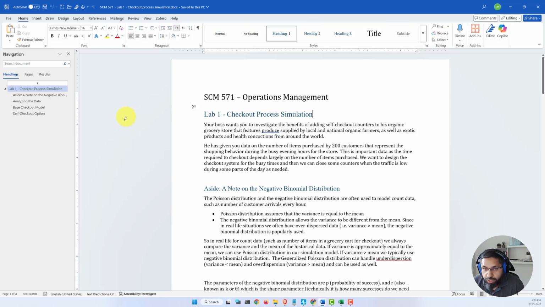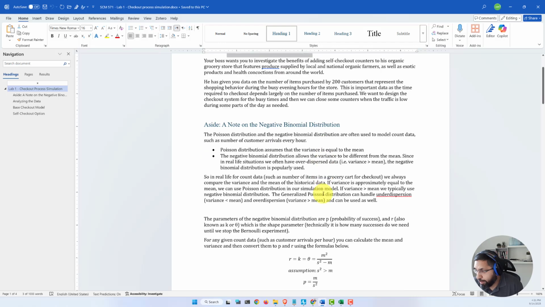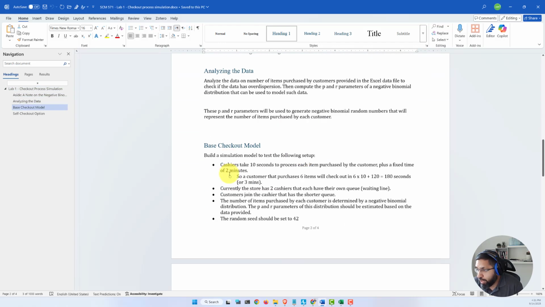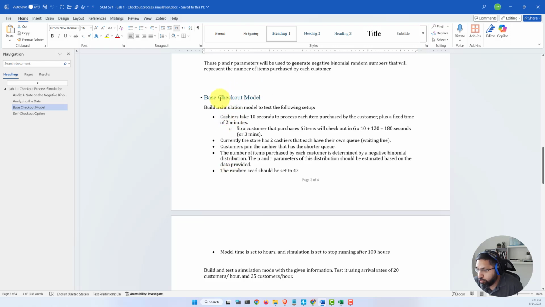Let's get started with lab 1 on the checkout process simulation. We are given a task to model the checkout of a store, and then we are also going to model what happens if we add some self-checkout counters. We have to do this for a base checkout model